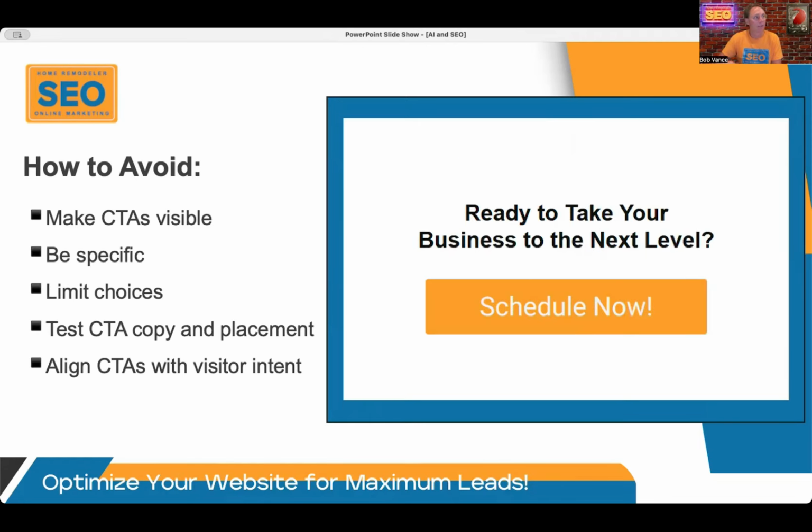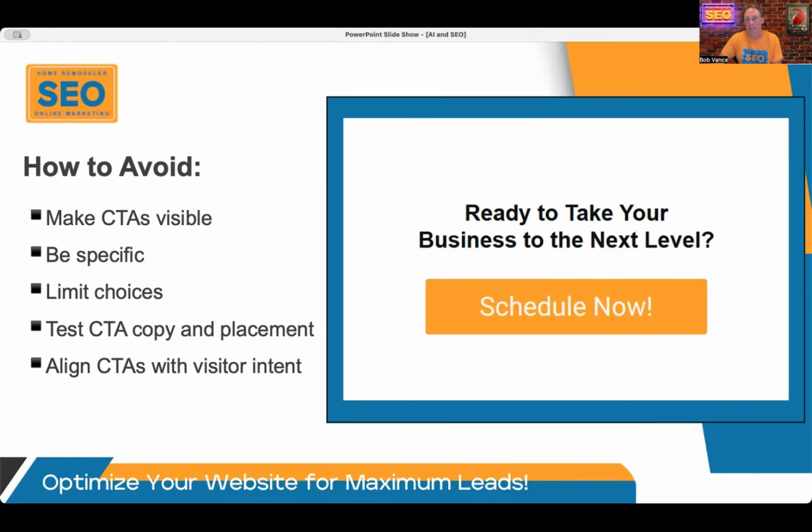And so how you can avoid some of this is, make sure your calls to action are visible, use contrasting colors, and really try to place them above the fold. I've read that orange is the best converting button color on websites. Our colors are orange and blue, so that works out well for us. You may not want to go that route, but it's something to consider. You can, again, A/B split test it.